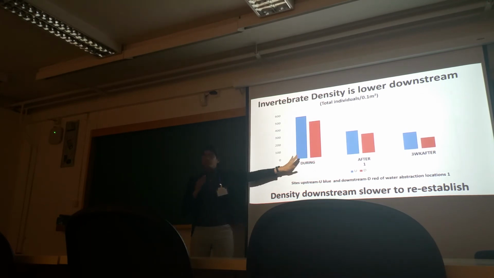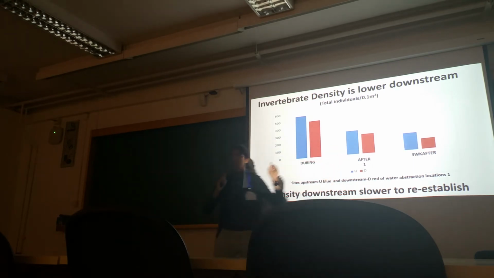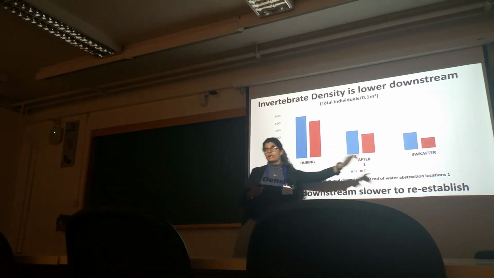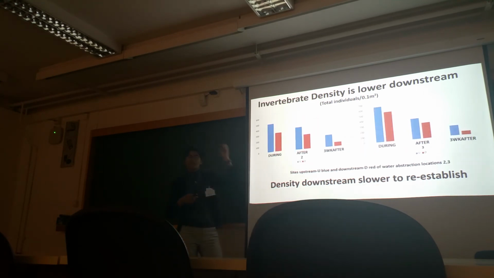And the blue again shows upstream density of invertebrates in that fixed area of the stream, and red shows downstream densities. So in all seasons, the first thing to see is that red is lower than blue. The density is naturally decreasing, but that decrease is accentuated downstream. And a similar result was seen in both the other 2 takes too. This means that though naturally density decreases, as water comes back, they will have to recolonize and density does increase naturally. But due to water abstraction, that decrease is accentuated.